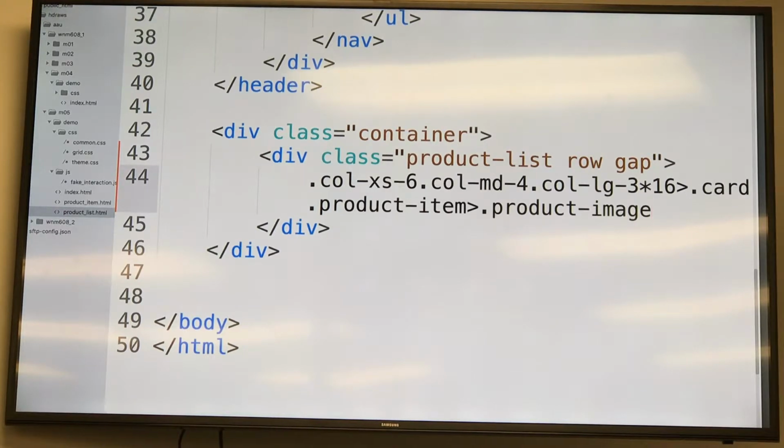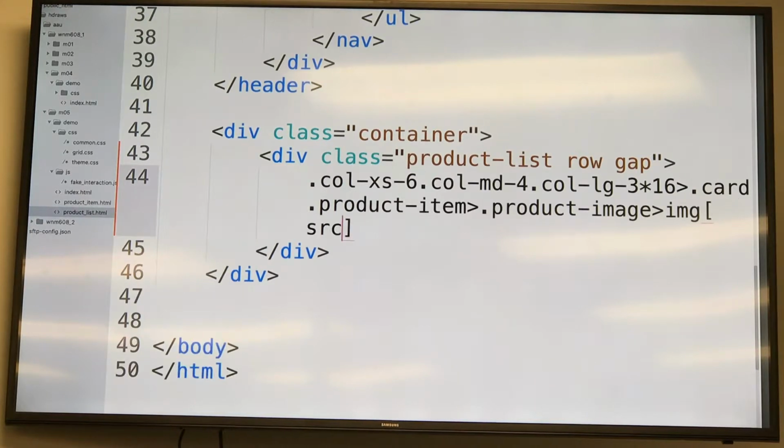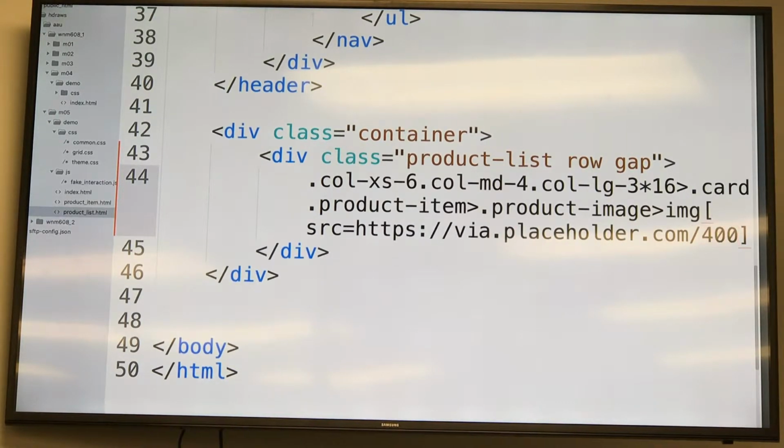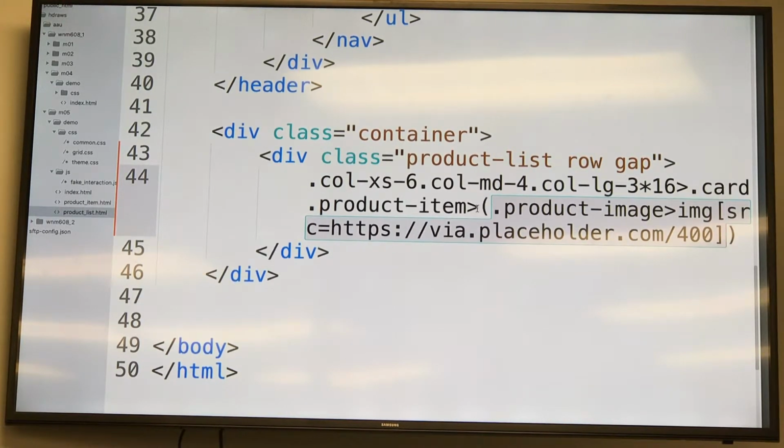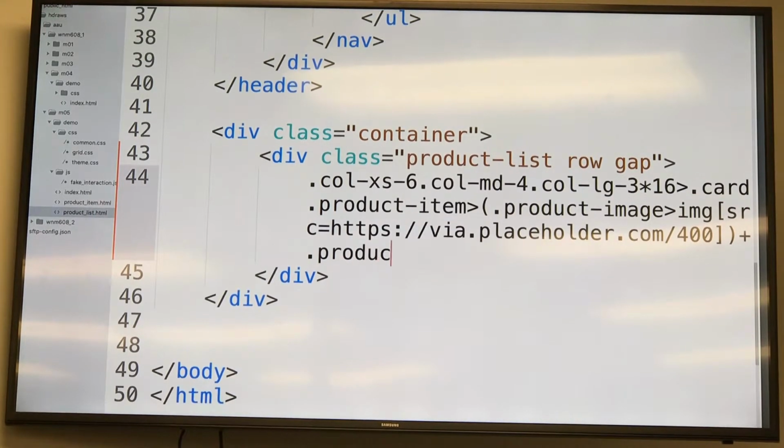And inside of there is going to be an image with a source of https://placeholder.com/400. We're then going to wrap that product image up in a parenthesis, so that next to that product image we can have a product description,